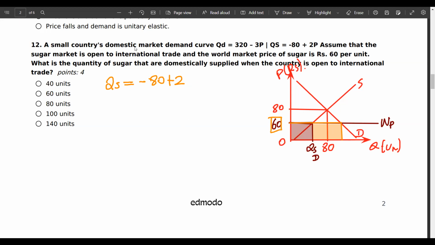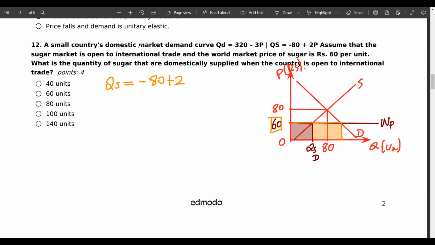That's all you have to do to get the answer for this question. Everything else I just explained is just to make you understand what is happening. But for this question, if you read it, this is the demand equation, this is the supply equation, international trade is happening, and the world price of sugar is 60. That means they're asking, what is the quantity domestically